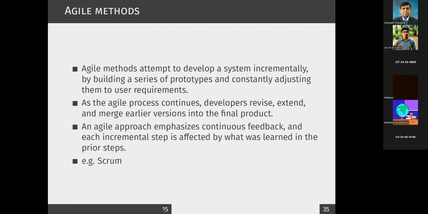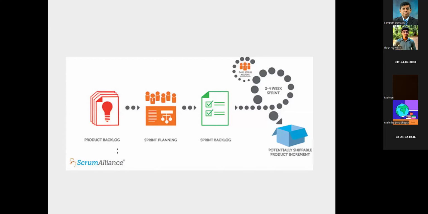So this is common nowadays. You will also notice that even in Sri Lanka now, people are moving towards this. So the example is Scrum. I hope you remember some of the ideas that we have discussed. So this is a picture taken from the official web, and then you can notice